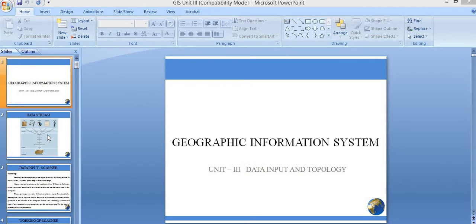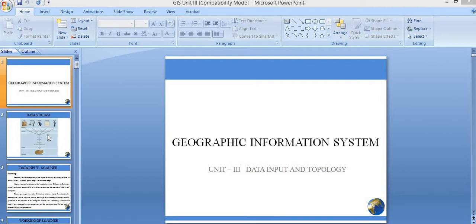A scanner is a hardware device using which you can scan the data you have on paper. Once you scan, it is taken into the system. But the point to remember is that whenever you perform the scanning operation, the spatial data on the paper will be stored in the form of raster. The output of the scanning operation will be a raster file. In your system, a raster file will be created.